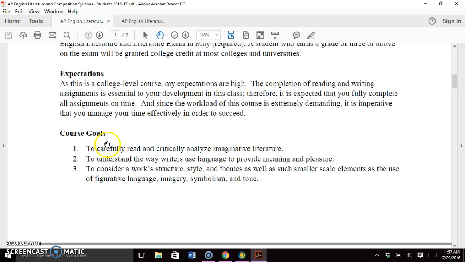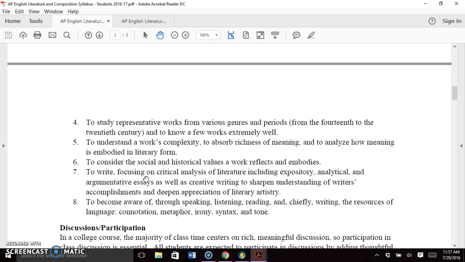So I do have some course goals, this idea of reading and analyzing things critically, and especially this idea of imaginative literature. We're going to look at some weird off the wall things, but that's kind of what makes it fun and different. We're going to understand a writer's use of language. We're going to consider structure, symbolism, imagery. I am going to kill you with vocab for this class, with the idea of the strategies and the structures, especially when we get to